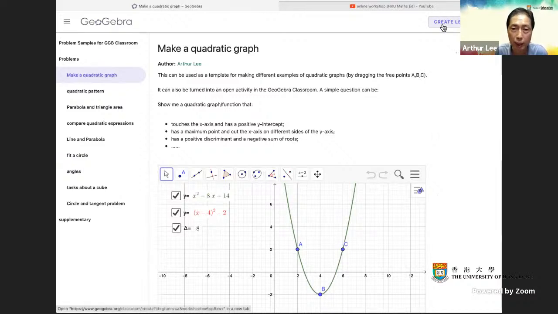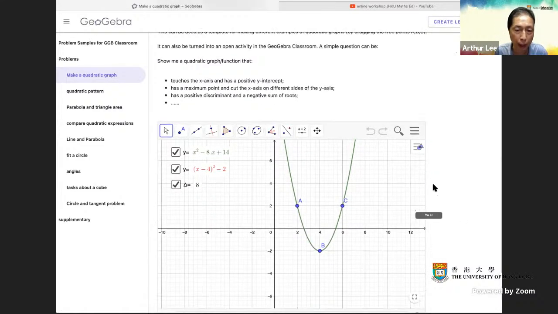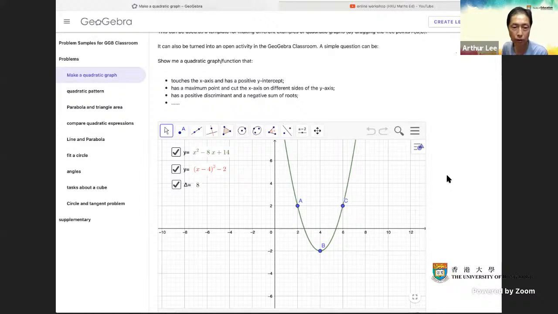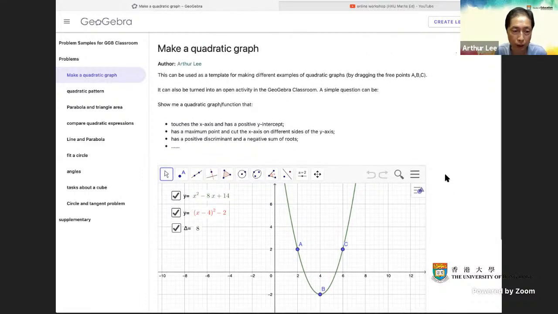You can see a button on each page of this activity called Create Lesson. Can you see this one? If I click on this one, the page can be turned into an activity to share with the student instantly. I'm trying this part with you so that everyone can take part together. Maybe you can stop your annotation right here. So if I choose this Create Lesson,